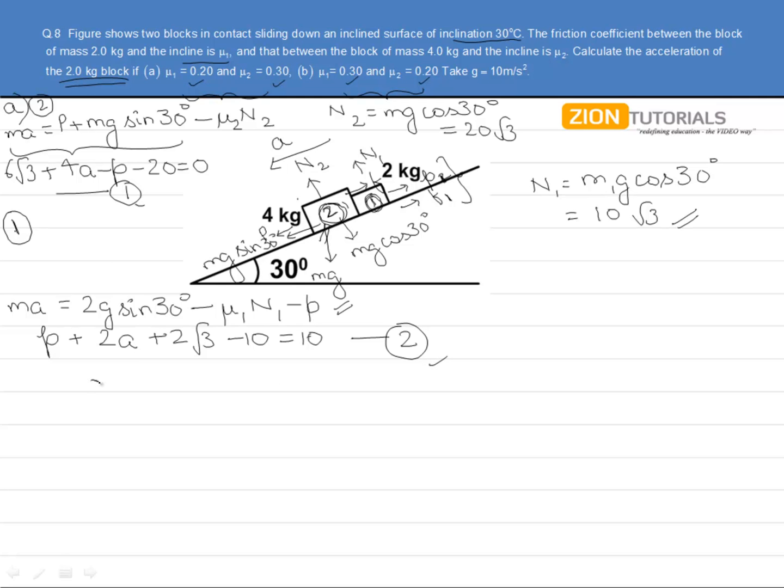Let us solve equation 1 and equation 2. From both of these, we get acceleration equals 16.15 by 6, which is approximately 2.7 meters per second squared. As I mentioned before, both blocks 1 and 2 will be moving with the same acceleration, so both the first and the second block have an acceleration of 2.7. Now, let us proceed with the second part, that is part B of this question. Now we can see that mu1 is greater than